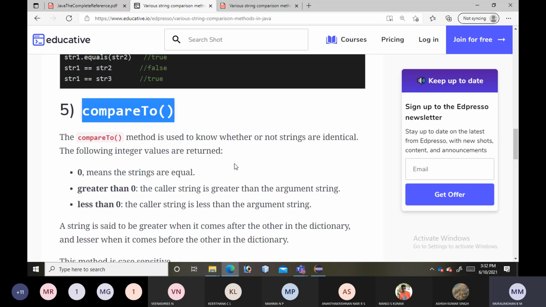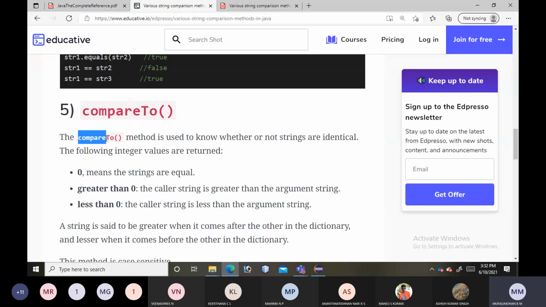Till now we were checking for identical equality of two strings, whether this is equal to that or not. But if I want to arrange the strings in some order, I should decide which is smaller and which is larger. For that we can go with the compareTo method.